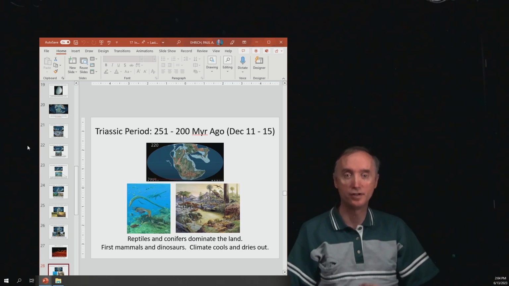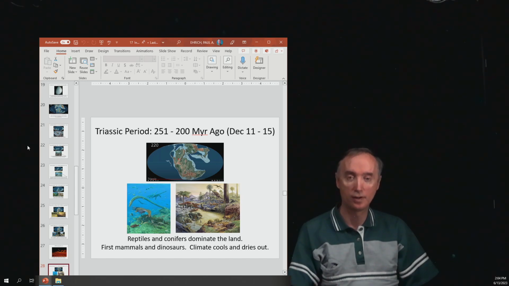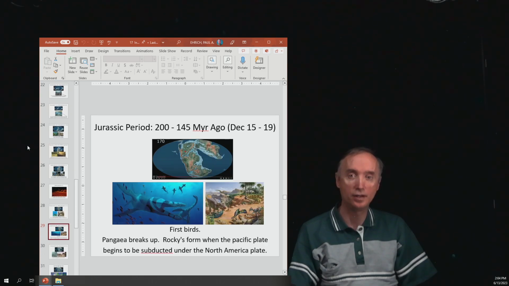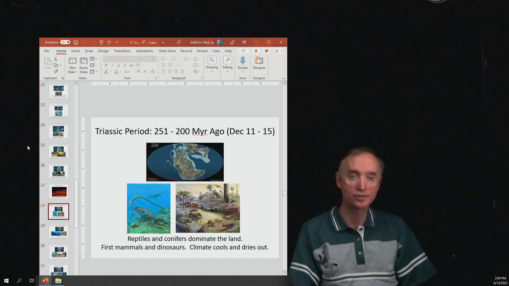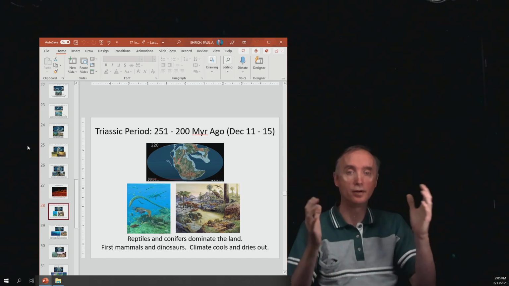So the reptiles have dominated the amphibians, and the reptiles have evolved into dinosaurs. And the dinosaurs keep getting bigger and bigger and bigger. Also notice you have your first mammals, but the mammals are very small and they are outcompeted by the dinosaurs. So the Triassic, Jurassic, and Cretaceous are all in the Mesozoic time period. And the dinosaurs keep getting bigger and bigger and bigger,